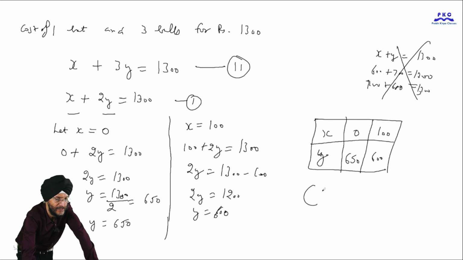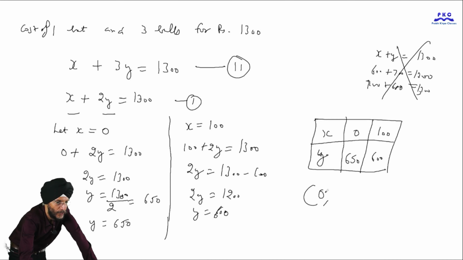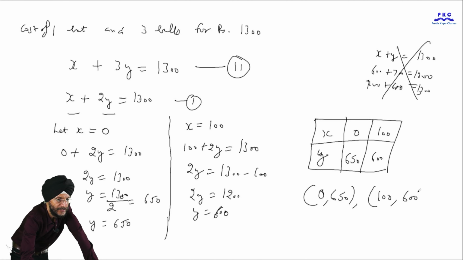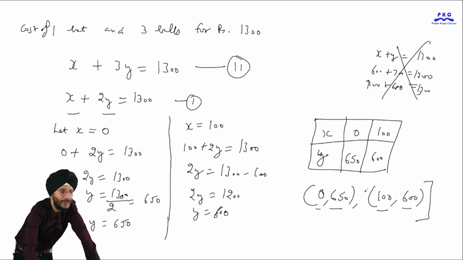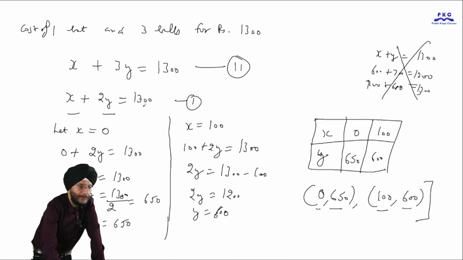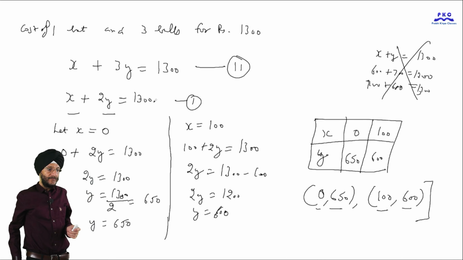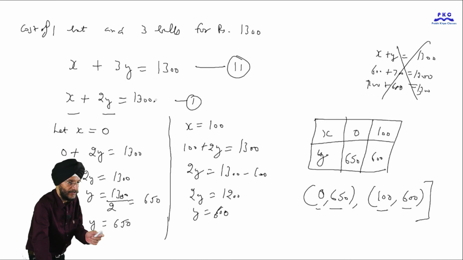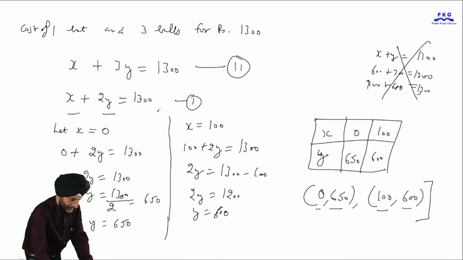We can also write the solutions in this way: (0, 650). Another solution is (100, 600). The value of x is to be taken first, value of y thereafter. Then these are the two solutions in respect of the equation x plus 2y is equal to 1300. So now we will take this equation: x plus 3y is equal to